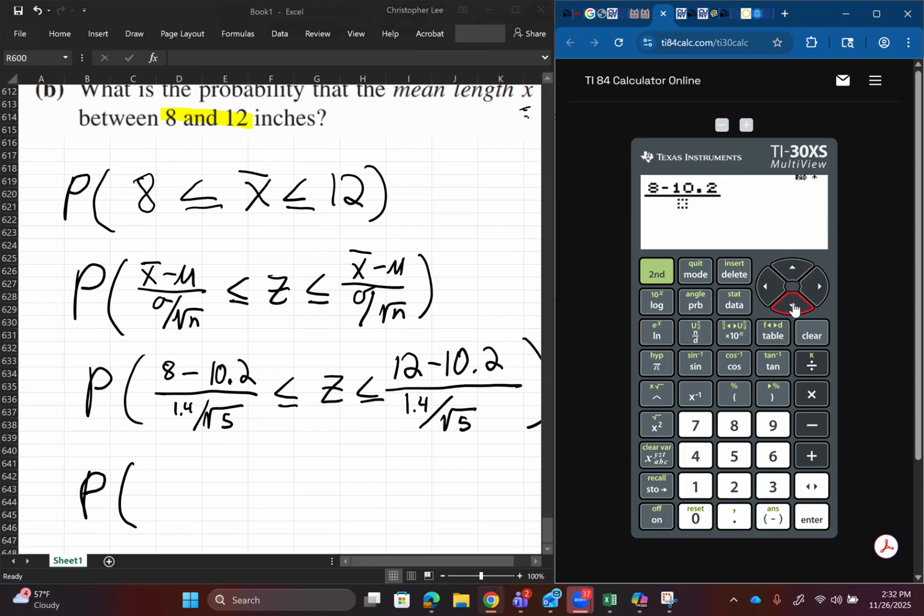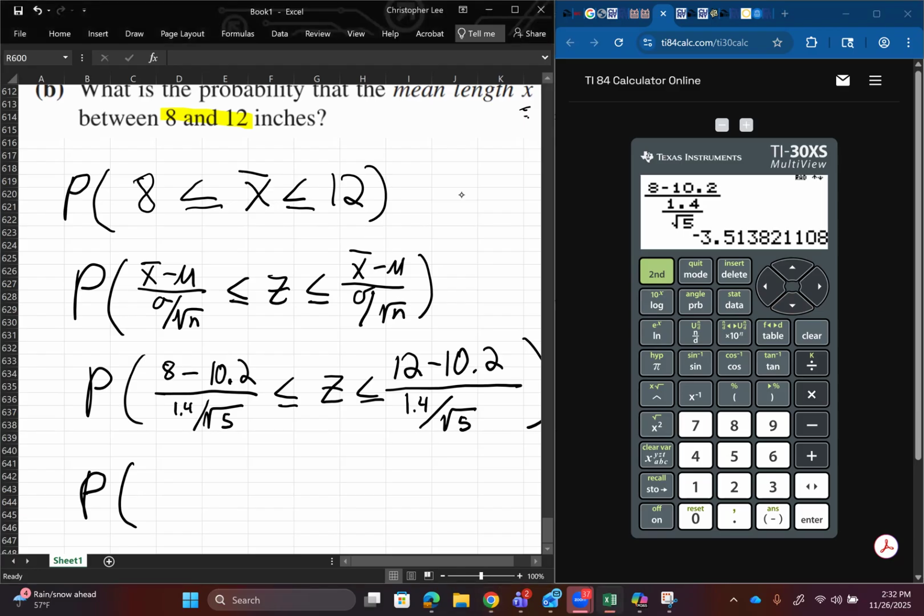Then you're going to go down. Now, here's what I want you to do right after that. I want you to hit the fraction button again, right? So it should look something like this now, right? And then now enter in the denominator. So 1.4, then we're just going to go down, then we're going to have second square root, then hit the 5, and just hit enter. Boom. There we go. We got our number. So this is negative